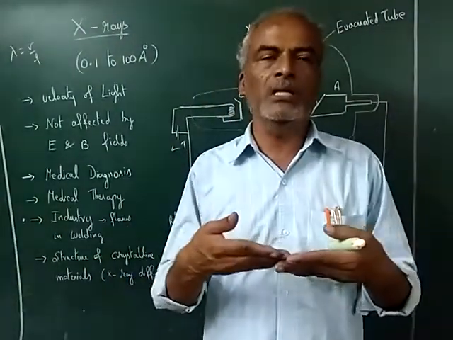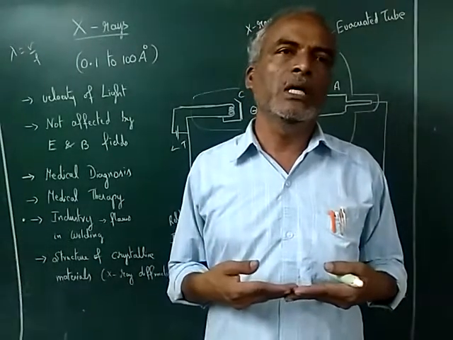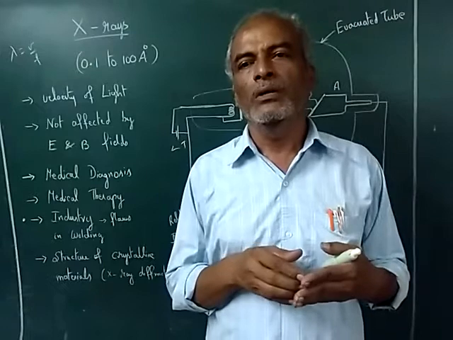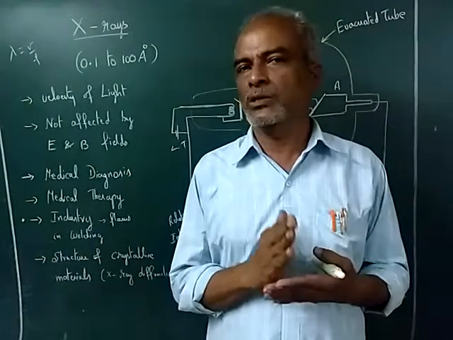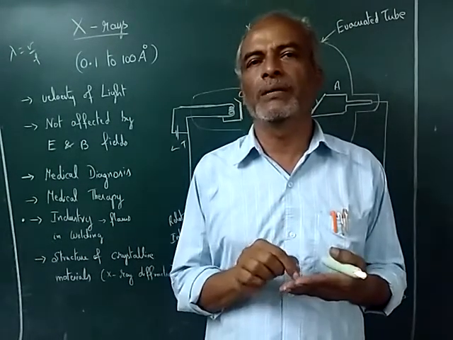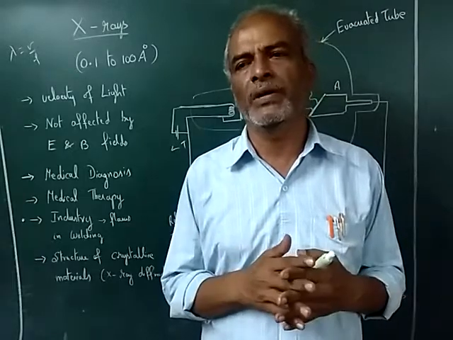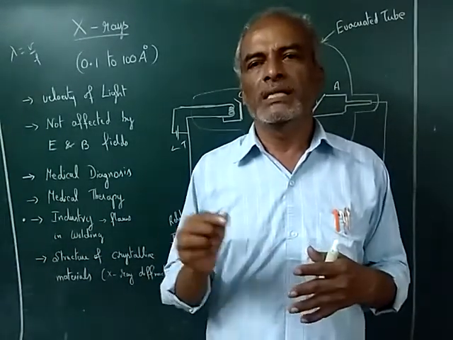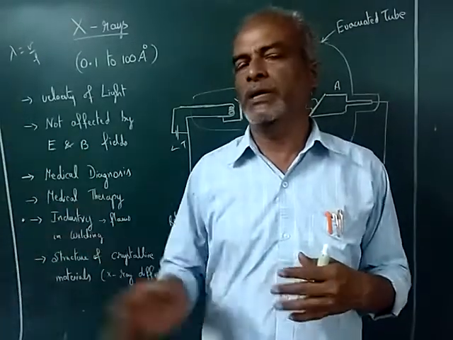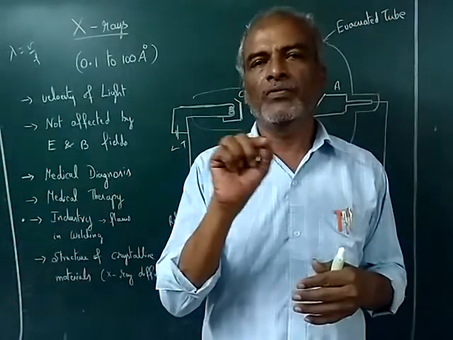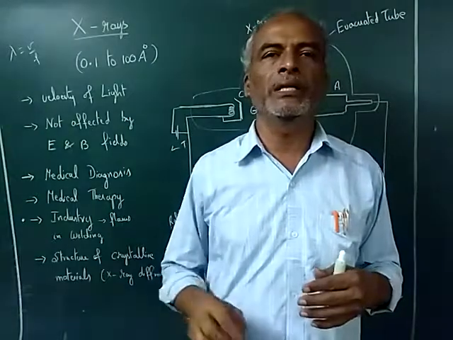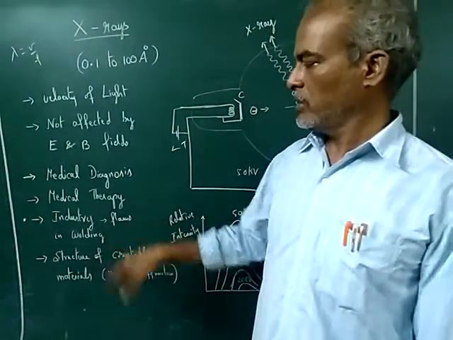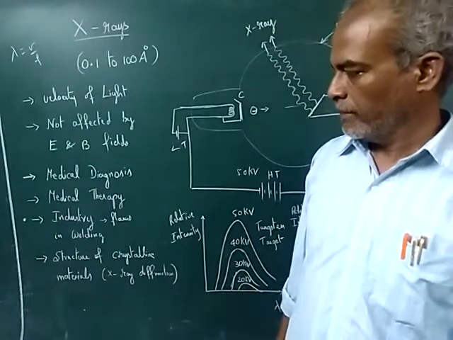Suppose two materials are welded together. If there is any flaw, we do not know. So using X-rays, we can find out whether the welded portion is in good condition or has some defects inside. So defects can be identified. Even in the manufacturing of steel and iron, for laying railway tracks, if there are some flaws in the railway tracks, they can be easily identified with X-rays. That is one of the big advantages on the industry side.